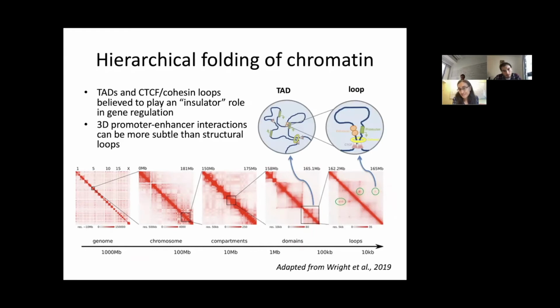These structures are called topologically associating domains. Okay, so these triangles that you can see in the normalized contact map, which we think might be self-contacting regions where genes and their enhancers are kind of organized in a domain. And sometimes with very high resolution data, you can even see these loops that might represent promoter enhancer interactions. So these can be quite subtle to see in a kind of regular quality Hi-C. Okay, so